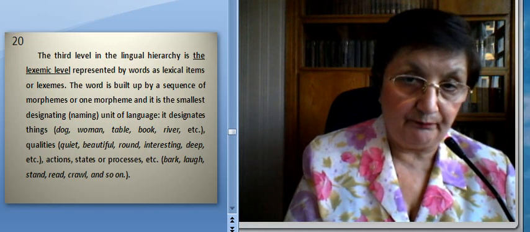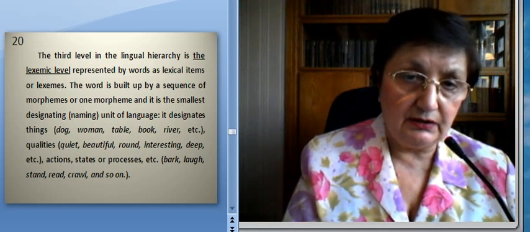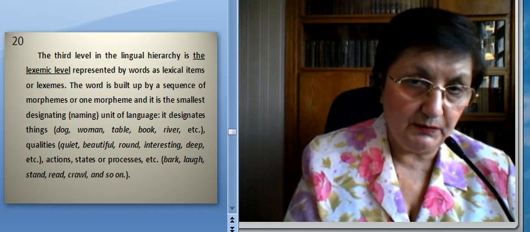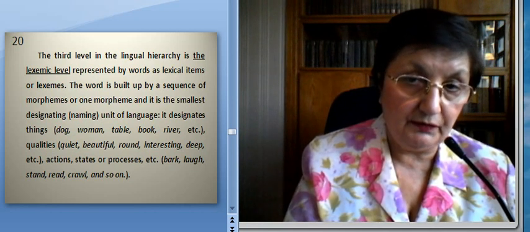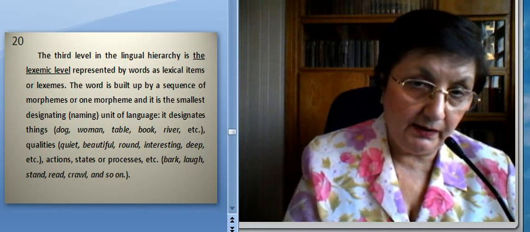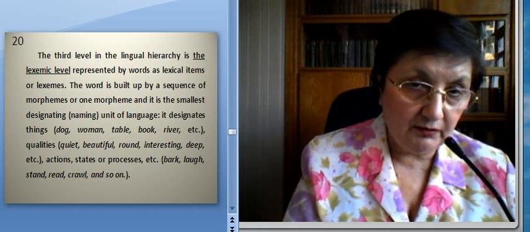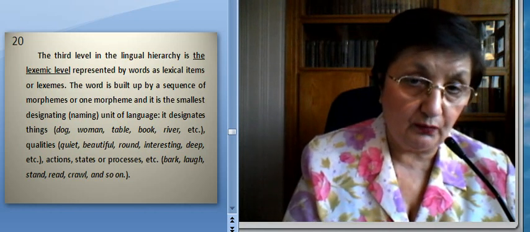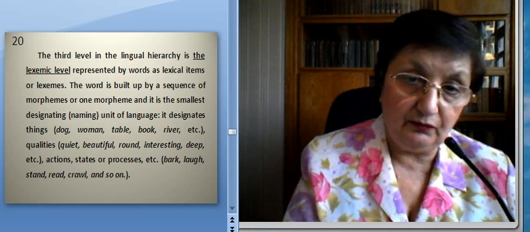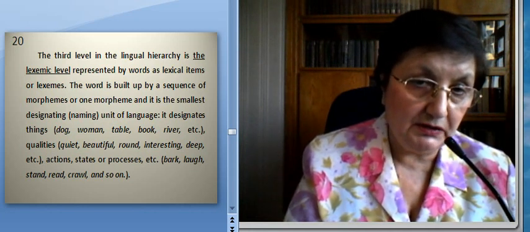Qualities as in quiet, beautiful, round, interesting, deep, etc. Actions, states or processes as in the words bark, laugh, stand, read, crawl, and so on. The fourth level in the hierarchy of language system is the syntactic level, the main unit of which is a